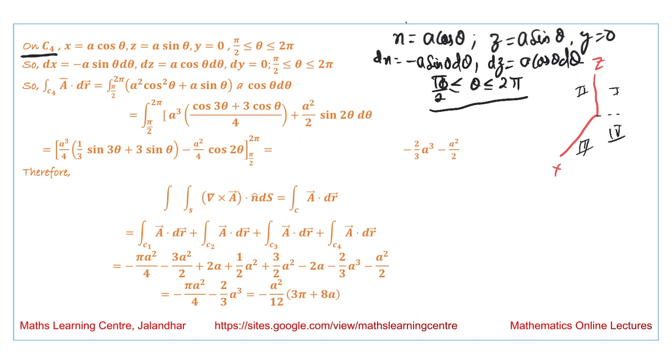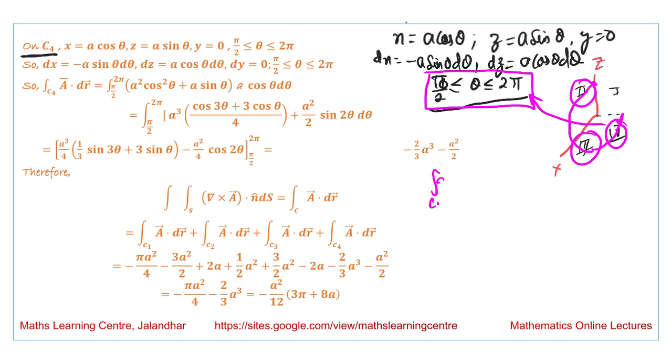The circle we are talking about here starts from this point and goes up to this point, so it is moving between the second, third and fourth quadrants. So the limits of theta vary from pi by 2 to 2 pi. If we substitute these values in the value of A dot dr, the answer we obtain is the integration